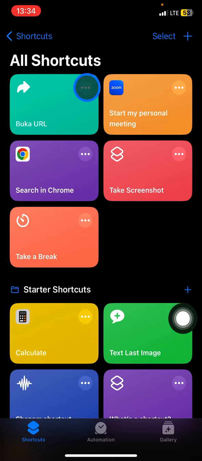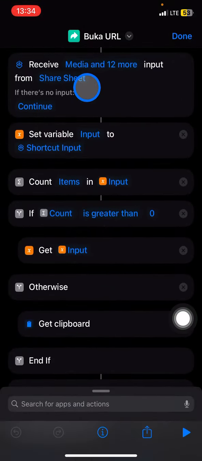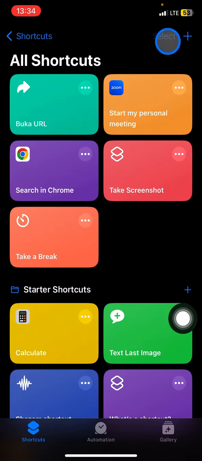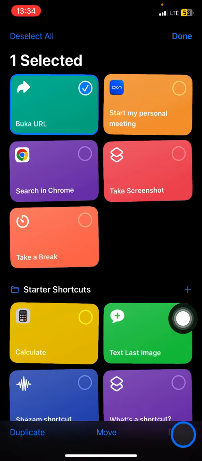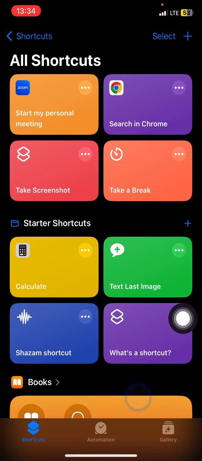So you just need to click these three small dots, and right after that, oh my bad, you need to click this select, and then click the circles and click delete. Confirm that you want to delete the shortcuts, and that will disappear. So now those actions are perfectly uninstalled from your